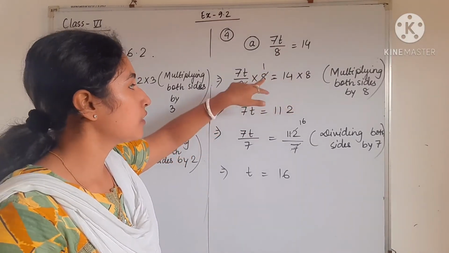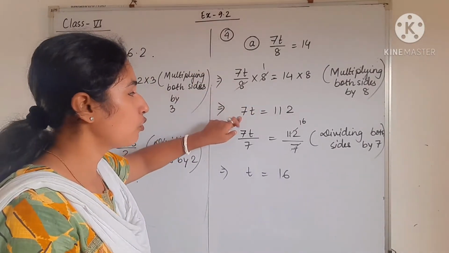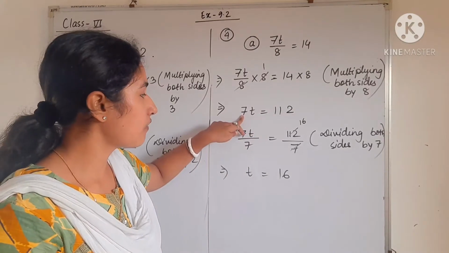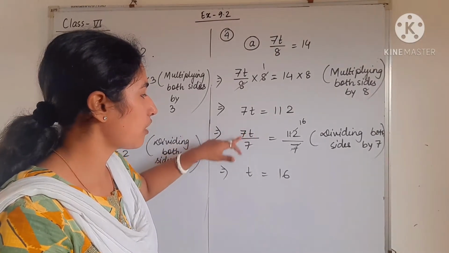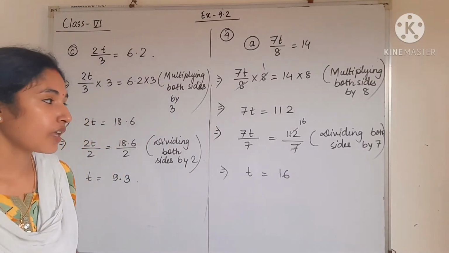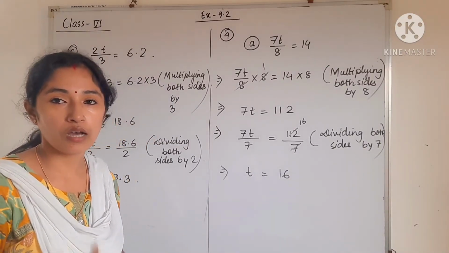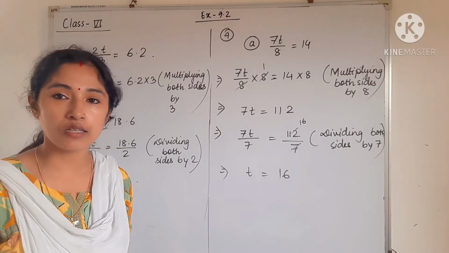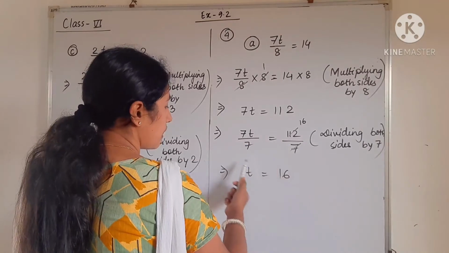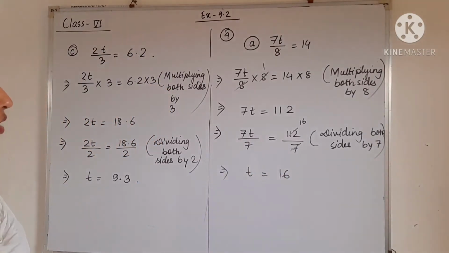Okay, so after removing the 8 from left hand side, next we have to go for 7. That means we have to remove 7. So as we see, 7 is multiplied with t, that means we have to divide by 7. So whenever we are dividing anything to any side, we have to divide by the same number on other side also. Already I discussed in the last lecture. So here I am dividing by 7 in the right hand side. So by that way I will get t is equal to what? Final value is t is equal to 16.